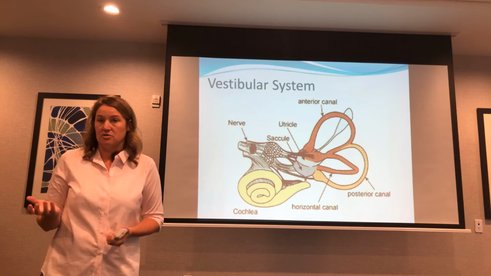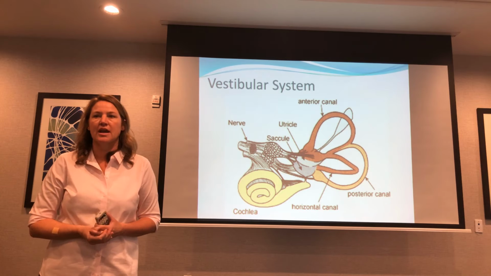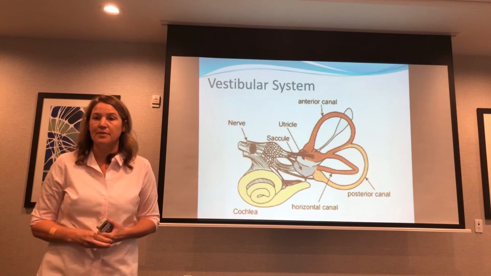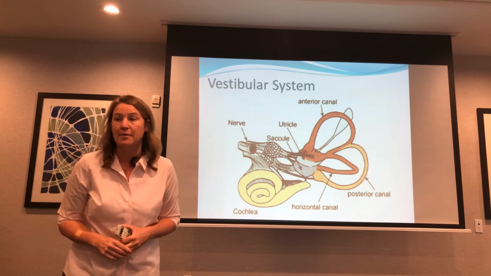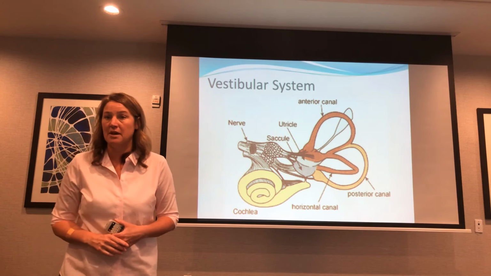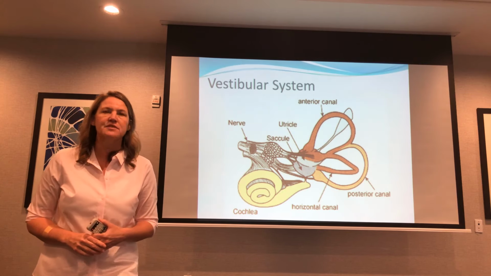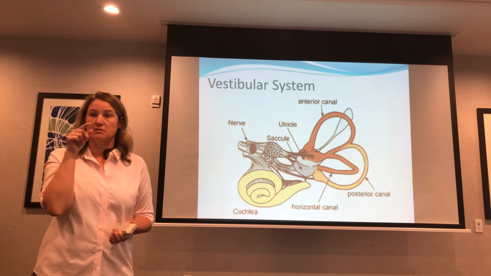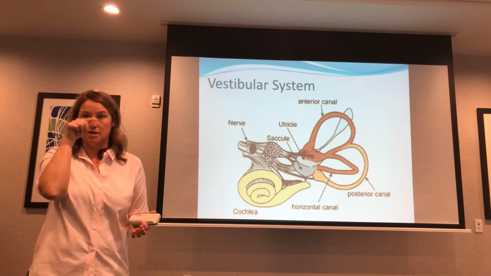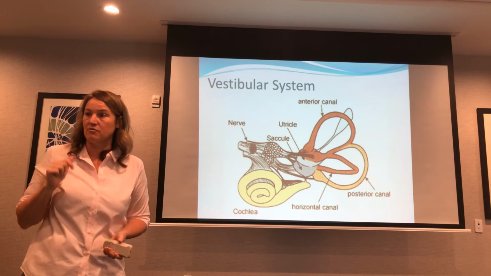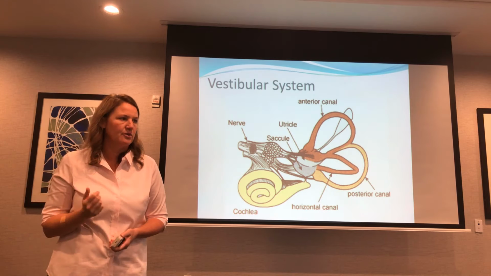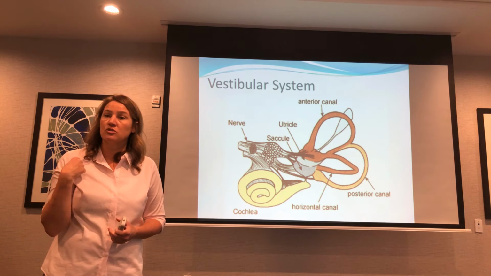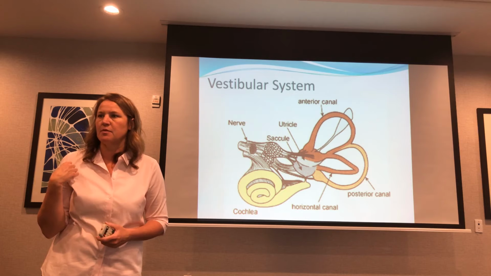There are things I'll encounter where I'm going to have to refer you to somebody, because this is something that another therapist might be good at, but I'm not where I need to be on this. So if you have somebody who has a vestibular issue, and you're seeing things like nystagmus, where their head is stationary but their eyes are darting back and forth in some direction, that's another vestibular indication. And if you don't know what to do about it, or you're not sure what's causing it, get them a referral.